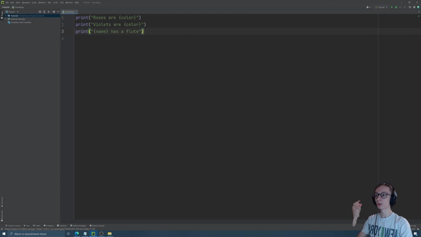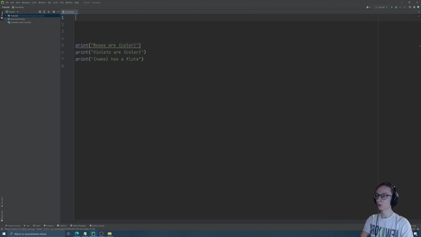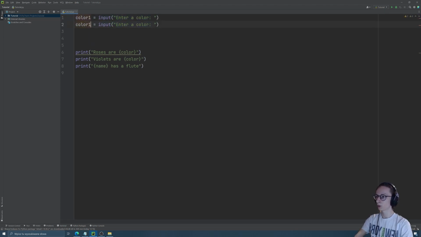So we have to make variables. So what I'm thinking is we're going to create a user input and 3 variables, which all take user input. So the first variable, color1, equals input, parentheses, quotation marks, and then we put our prompt. So enter a color. Now I'm just gonna copy that over. Color2, enter a second color,